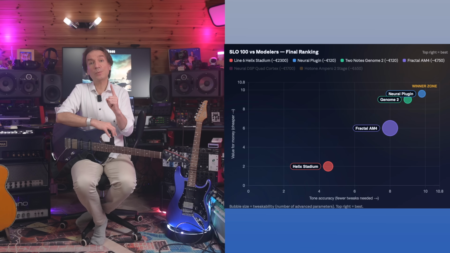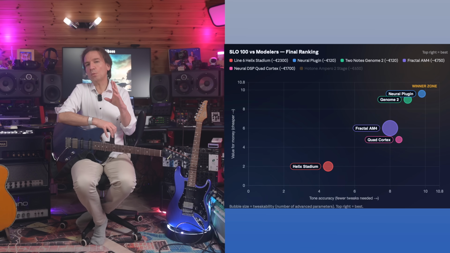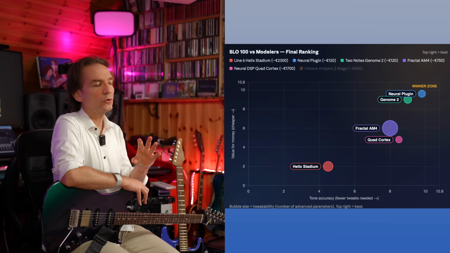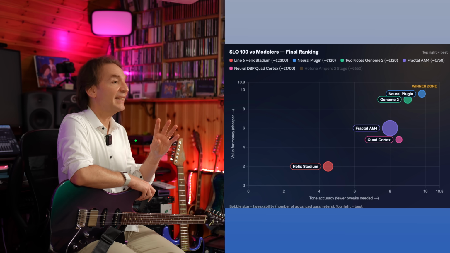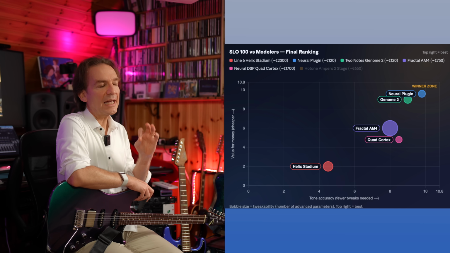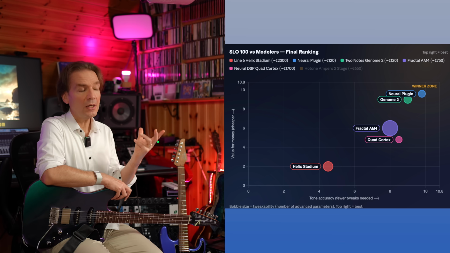And then Neural DSP Quad Cortex. It was very convincing. I had to do a bit more tweaks compared to the plugins, but I was able to nail pretty easily the tone of my SLO 100. Of course, it is much pricier compared to the Ampero2 and way more expensive than the plugins, but the results